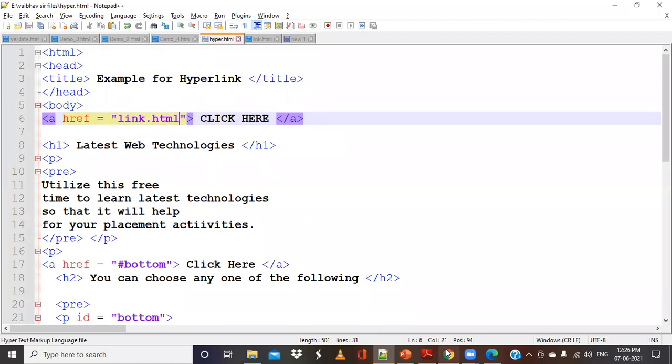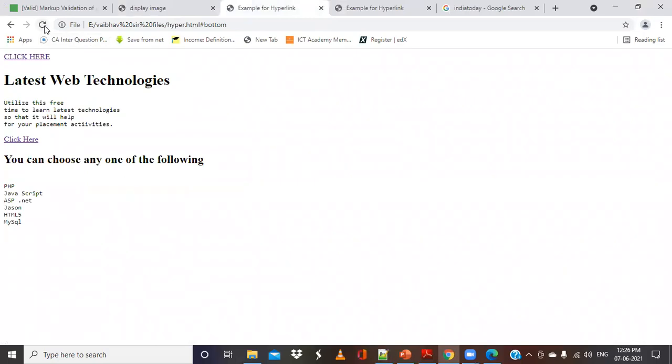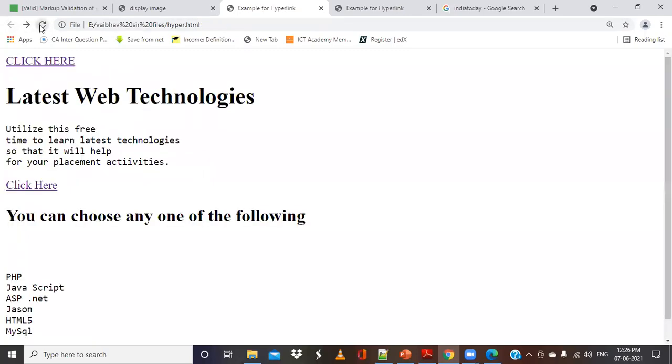So let us run this program. Okay, here the link is appearing. The moment I click on this, you can observe the changes that are happening. The current URL is hyper.html. Now, if I click on this, what is happening?